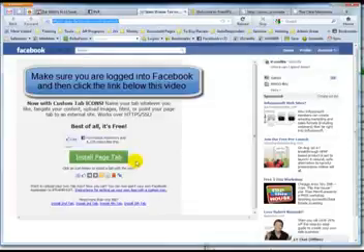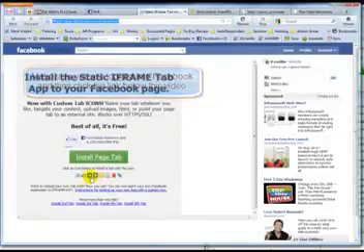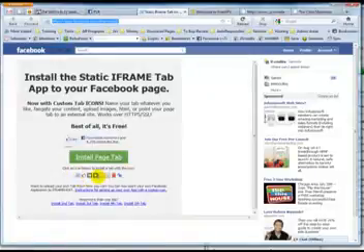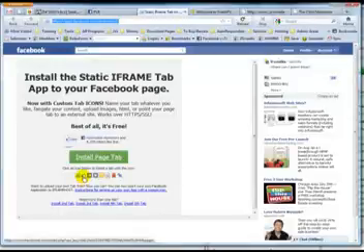Now the main thing is, what you want to do is pick an icon of what you want to show on your fan page, and a lot of them usually have this little star, but you can actually choose a different icon. So I'm going to choose the thumbs up icon because it just looks cool, and you'll see where this shows up in just a second. So click it,